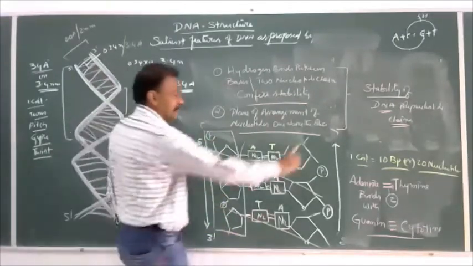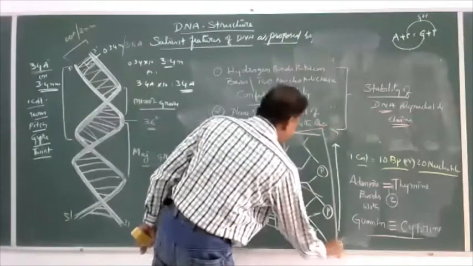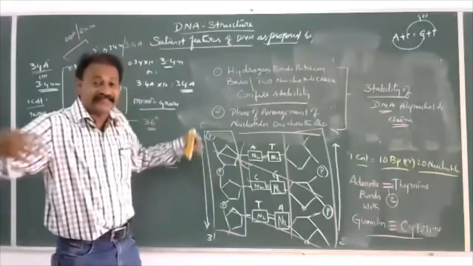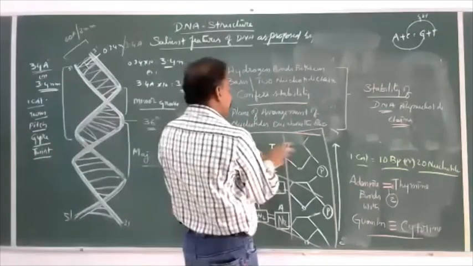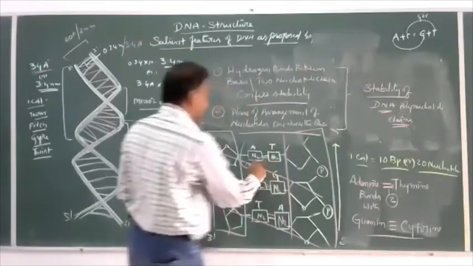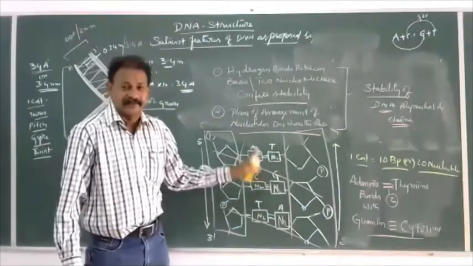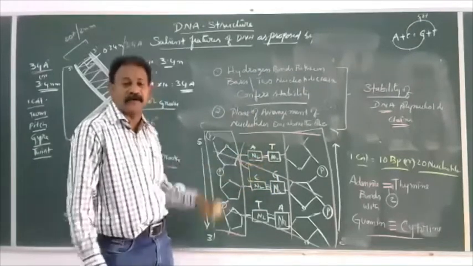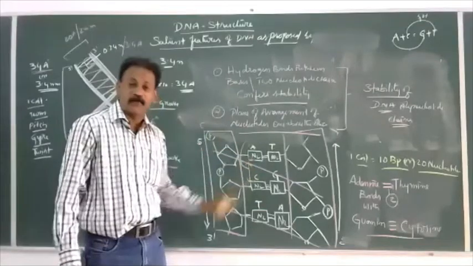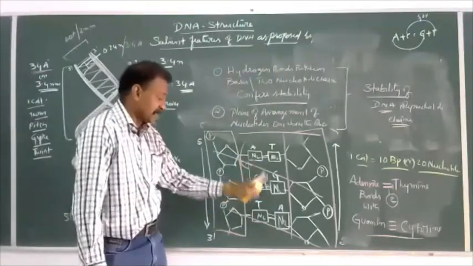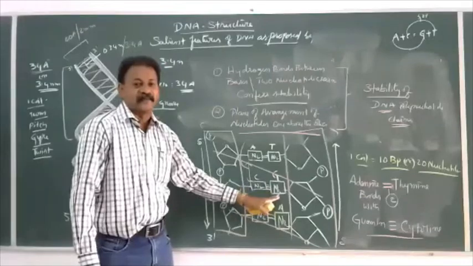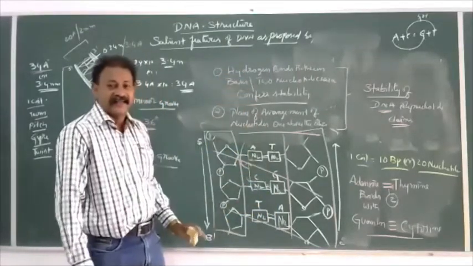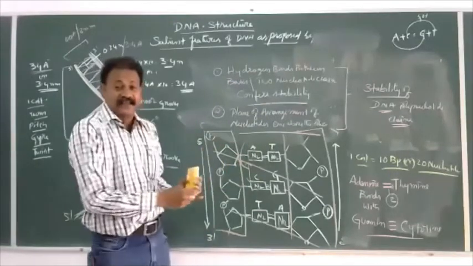And the N2 bases are projecting inside, and always a purine bonds with a pyrimidine. A bonds with T with 2 hydrogen bonds, T bonds with A with 2 hydrogen bonds, G bonds with C with 3 hydrogen bonds, C bonds with G with 3, and in a given amount of DNA, the ratios of these are